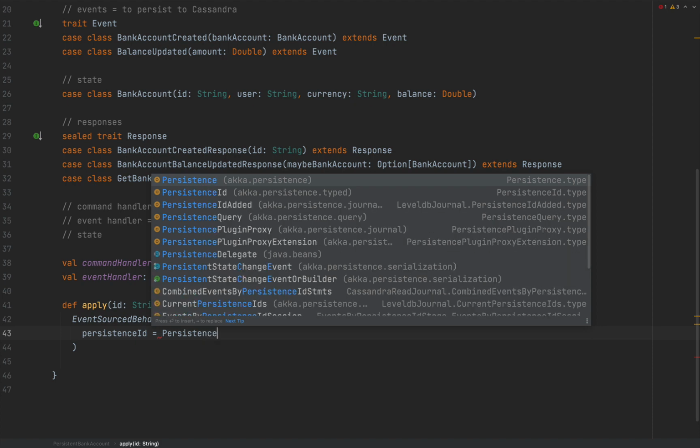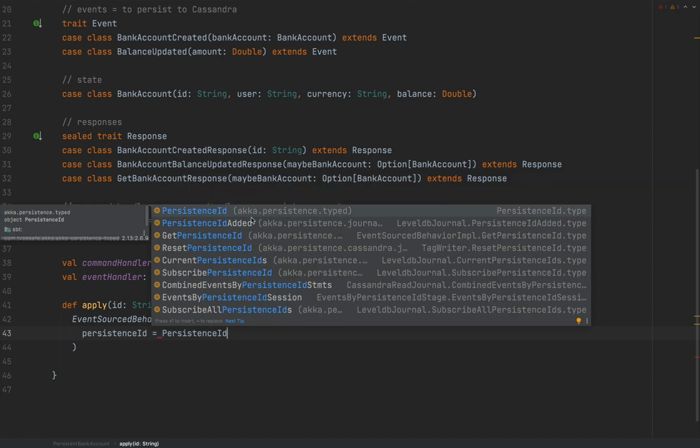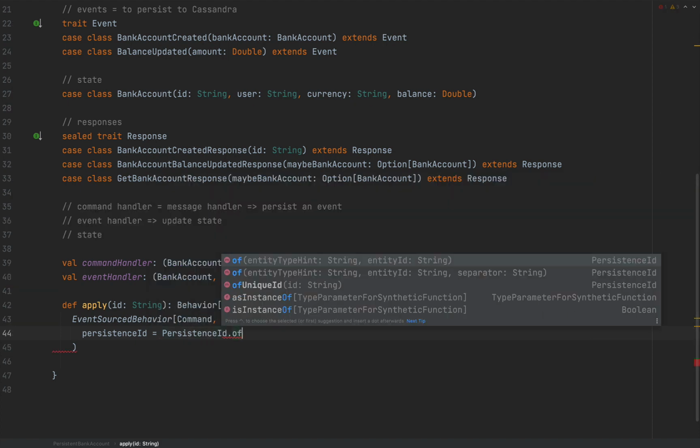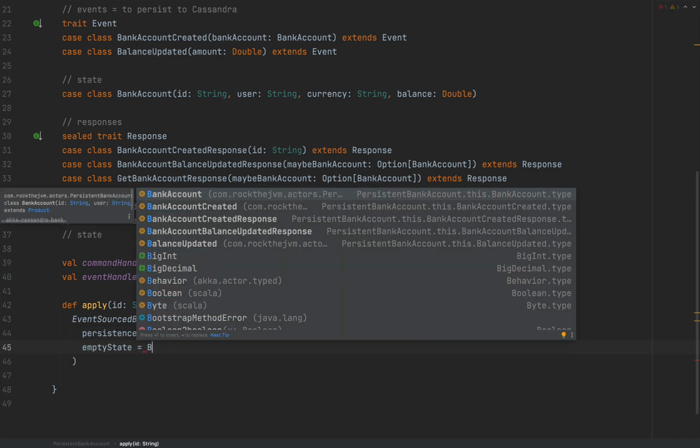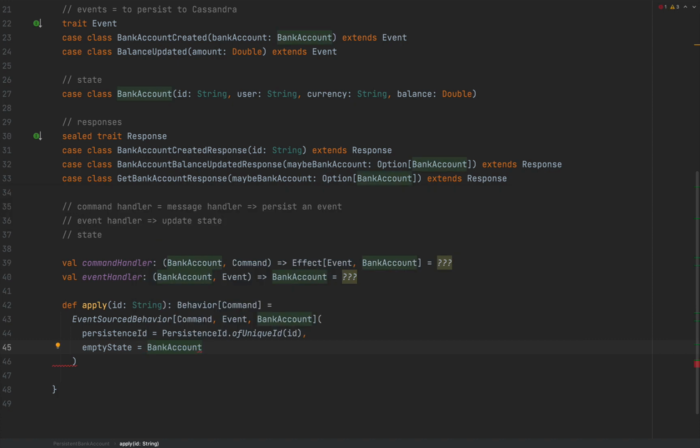So I'm going to have persistence ID from Akka Persistence Typed, so I'm going to use that, of unique ID, and I'm going to pass this ID as a string because this is a unique identifier generated in the main bank account. I'm going to use the empty state as an empty data structure, so I'm going to have to create a bank account with an ID, which is a string. The ID, we're going to use the user as an empty string, the currency as an empty string,